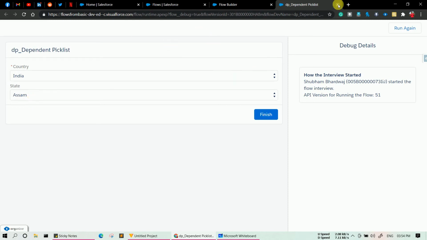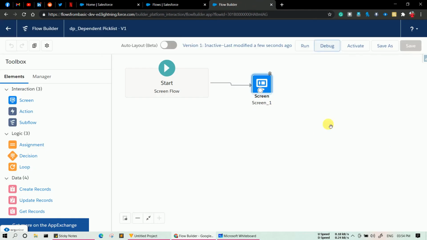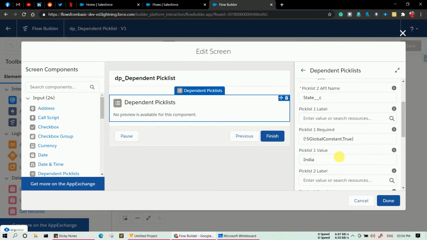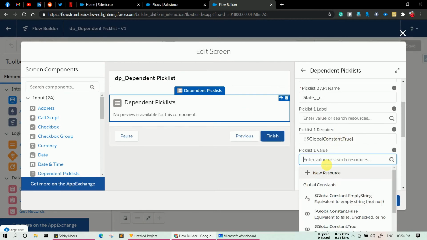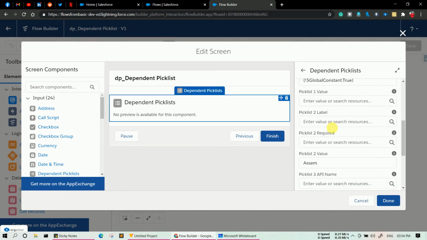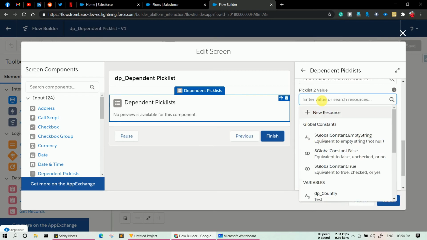So let's cut this and move to the flow, and if I remove these two default values, then it will display none. Remove Assam too, and click done.